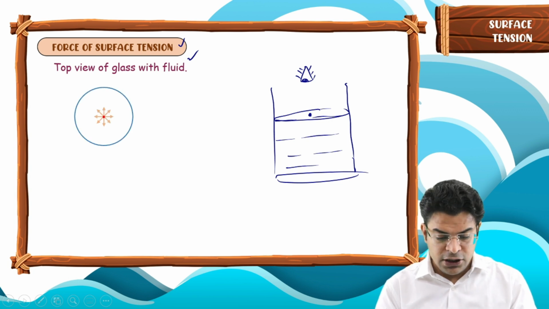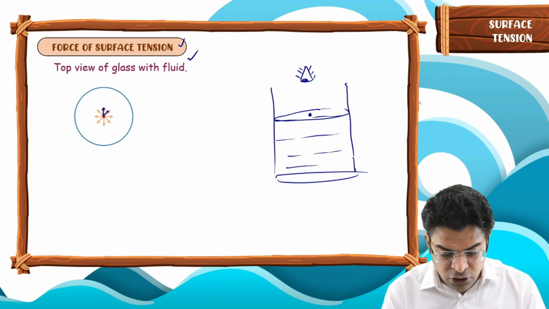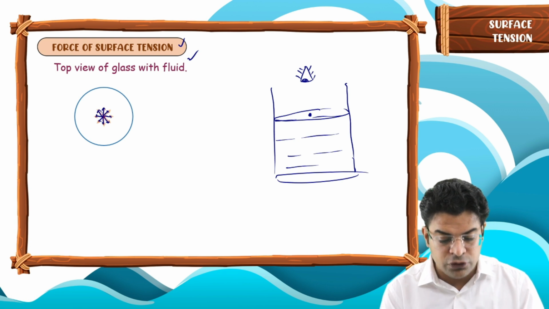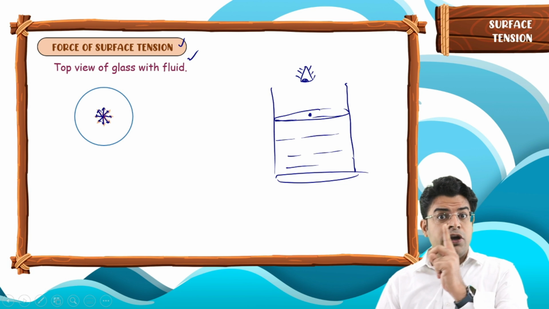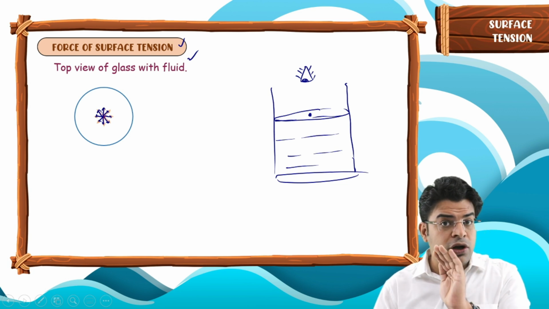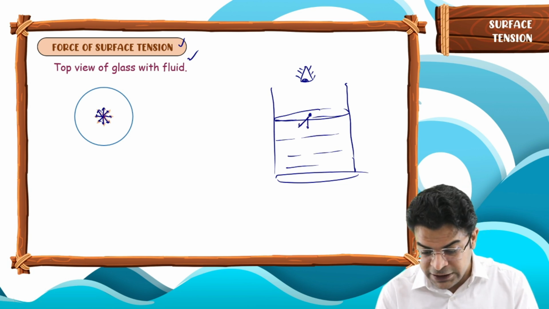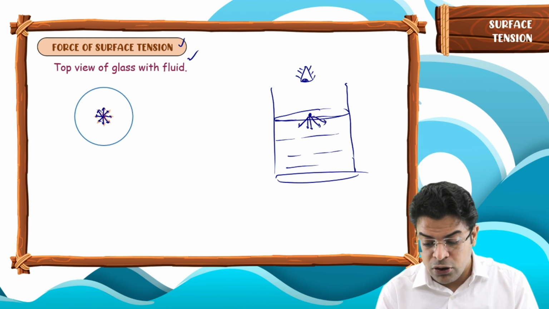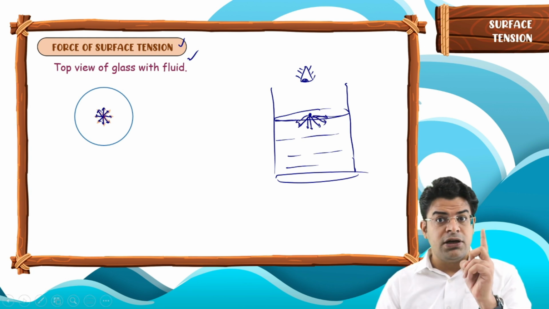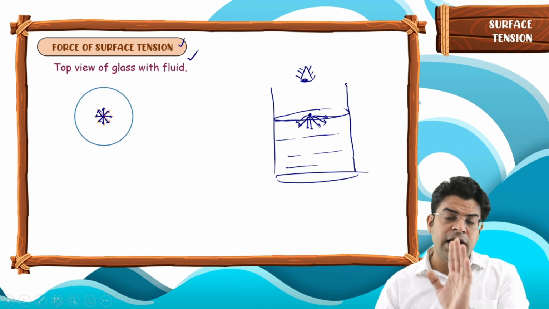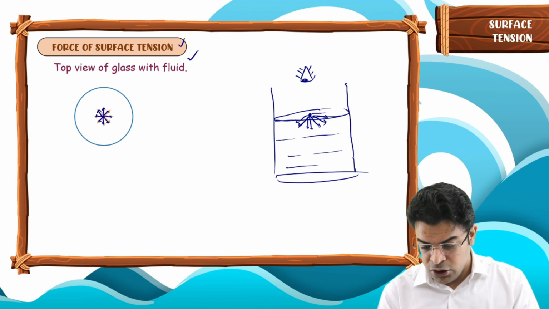So you will say all the other fluid molecules present on the surface will apply attractive force, and the net cohesive force because of all the other molecules present on the surface. I am not at all talking about the fluid molecules present in the bulk. No, because of all the fluid molecules present in the surrounding on the surface, the net cohesive force will be zero. Only the surface molecules I am talking about.